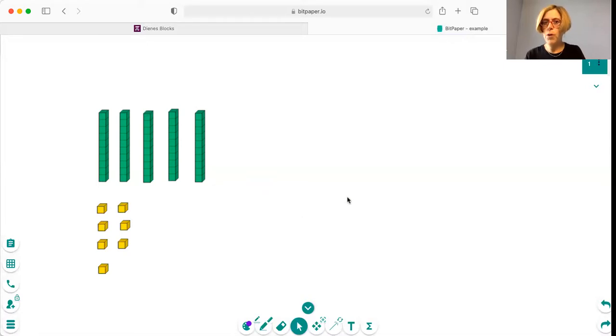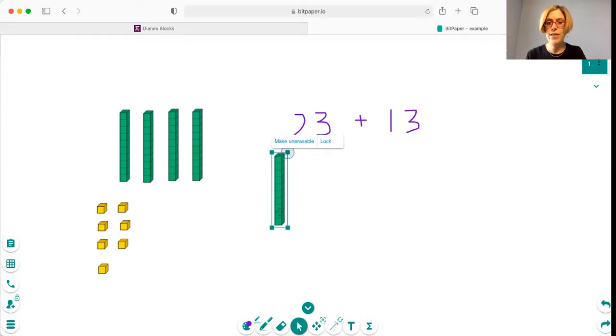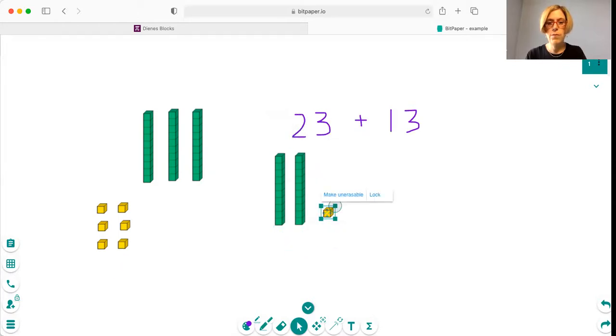You could just drag and drop onto BitPaper so that I could then actually do some writing on here as well, because I wanted to be able to write. So if I took the writing tool and I said, okay, 23 plus 13, I can then line them up underneath and really show how that works better than I think you can on MathsBot. So I've got my 20, and then I've got my 1, 2, 3,